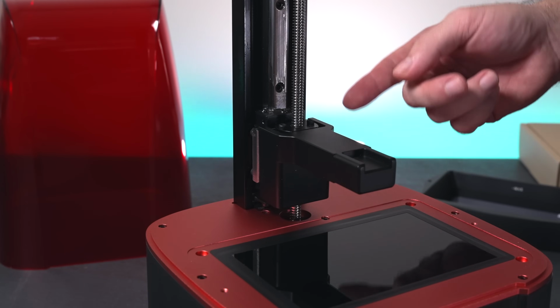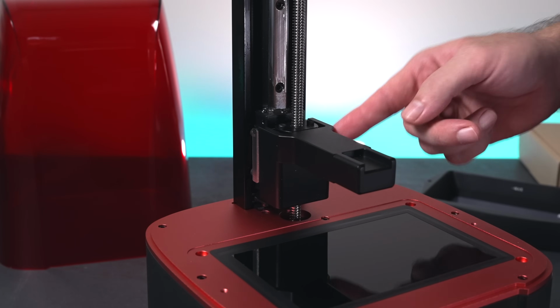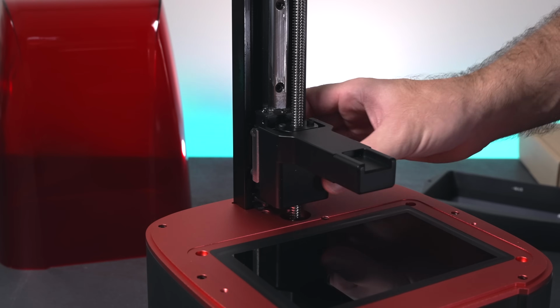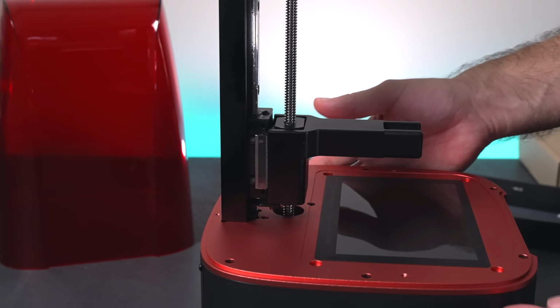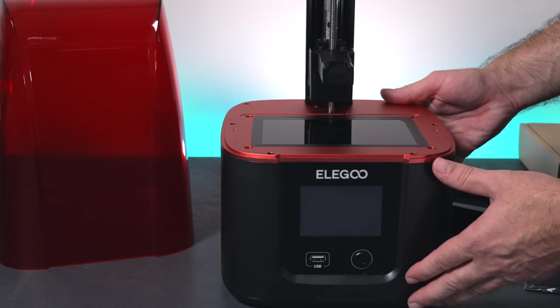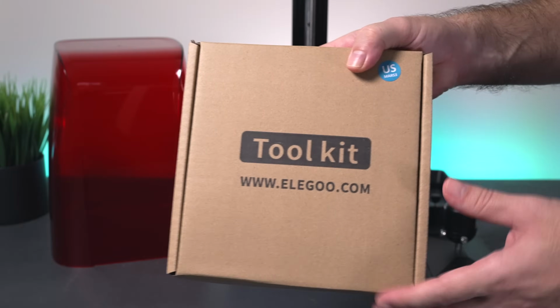So the Z-axis runs on a linear rail. You guys can see that with our lead screw here. And this frame arm here is all metal, very nice and heavy duty feeling. So yeah, they definitely didn't cheap out on anything important here. So we get really high quality all metal parts in all of the functioning areas. So let's move this out of the way for now, and we'll take a closer look at what's inside this